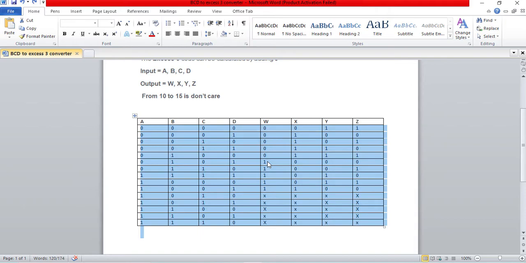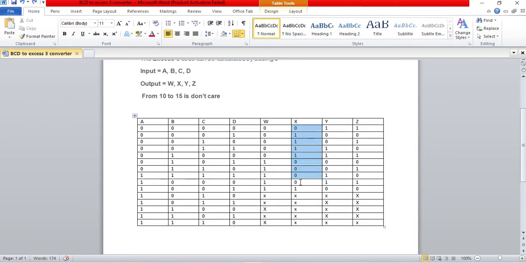pin numbers 5, 6, 7, 8, 9, these pins will be common, and the other pins 0, 1, 2, 3, 4 will be common. And pin numbers 9, 10, 11, 12, 13, 14 and 15 will also be common with the minterm or other terms. And in this way all the pins of this IC will be made common separately.